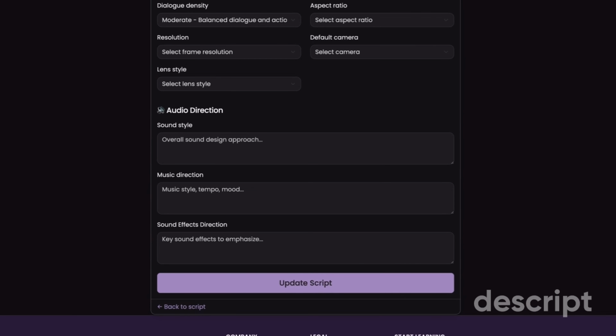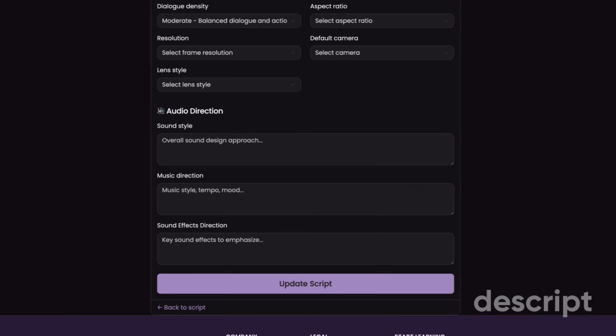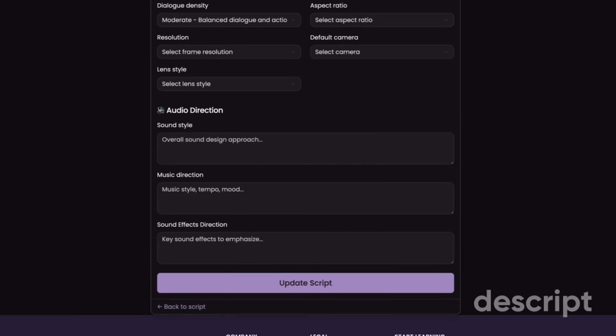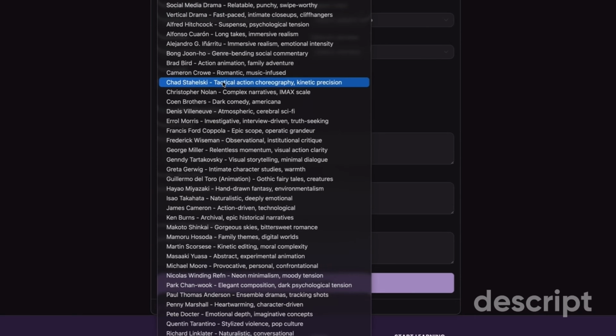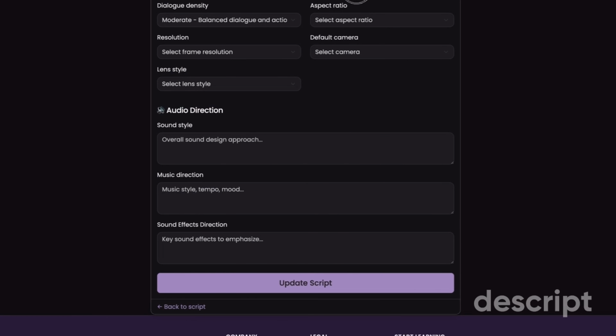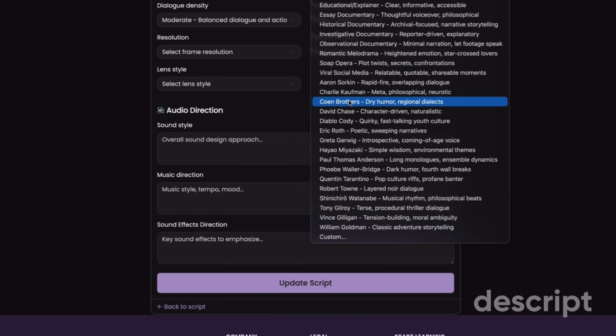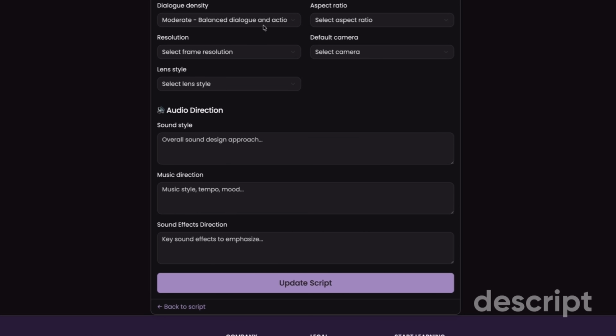The last section is to pick some of these style and technical details. So we support where you can pick different writers, different director styles to get a cool feel for your show. So with this one, I've decided to go Coen Brothers for both. A lot of the directors are also writers, so